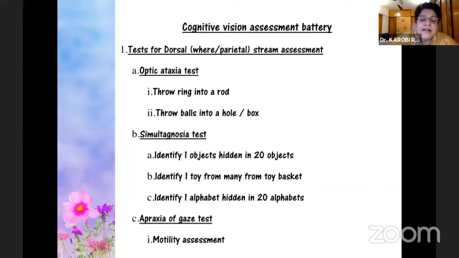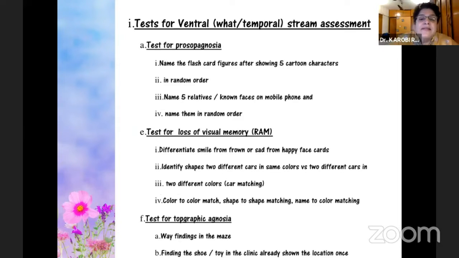The simultagnosia test, where you identify one object between 20 objects, identify one toy from a toy basket, identify one alphabet in 20 alphabets, and apraxia of gaze, which gives the motility assessment. And the test for the ventral stream is the test for prosopagnosia, which is finding one flashcard amongst five cartoon characters or names of five relatives shown on a mobile phone,